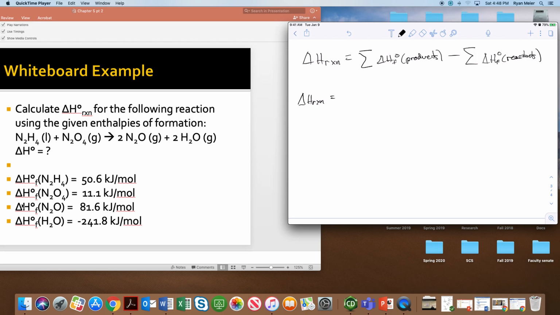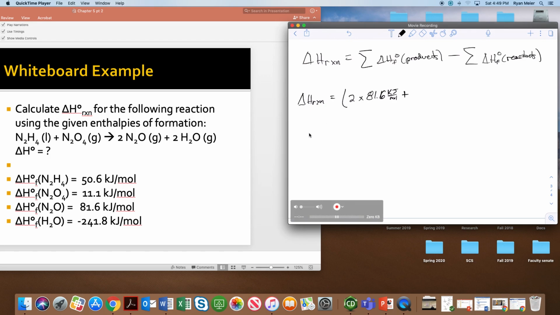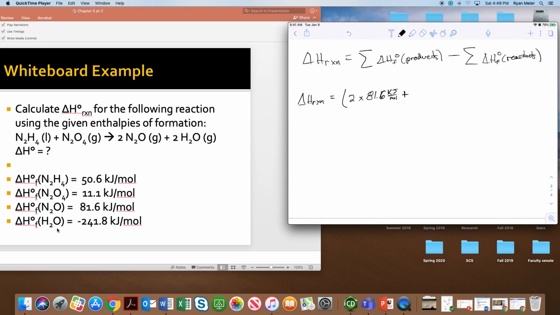So we're going to have 2, right, because we have 2 N2Os in our balanced reaction, times 81.6 kilojoules per mole, plus, because we're taking the sum for all of our products, our other product is H2O, its enthalpy of formation is negative 241.8. It also has 2 moles in the balanced reaction, so we'll have 2 times a negative